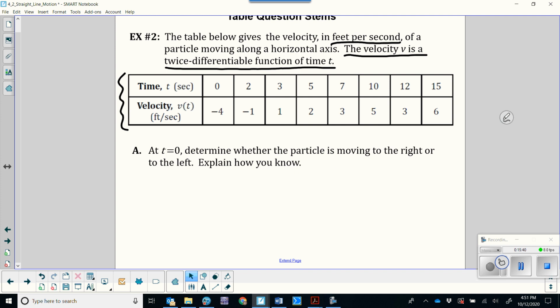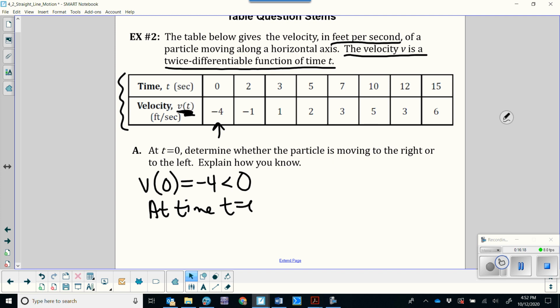So again, how do I know if a particle is moving right or left? It's the velocity. The sign of the velocity is what tells me that. This table gives me the values of velocity, so this is really easy. They already named velocity v. Remember, you can't just randomly start using letters, but they told me it's called v. So I know at time 0, v of 0 equals -4. It's right here in the table. -4 is less than 0. So then I would say at time t equals 0, the particle is moving left